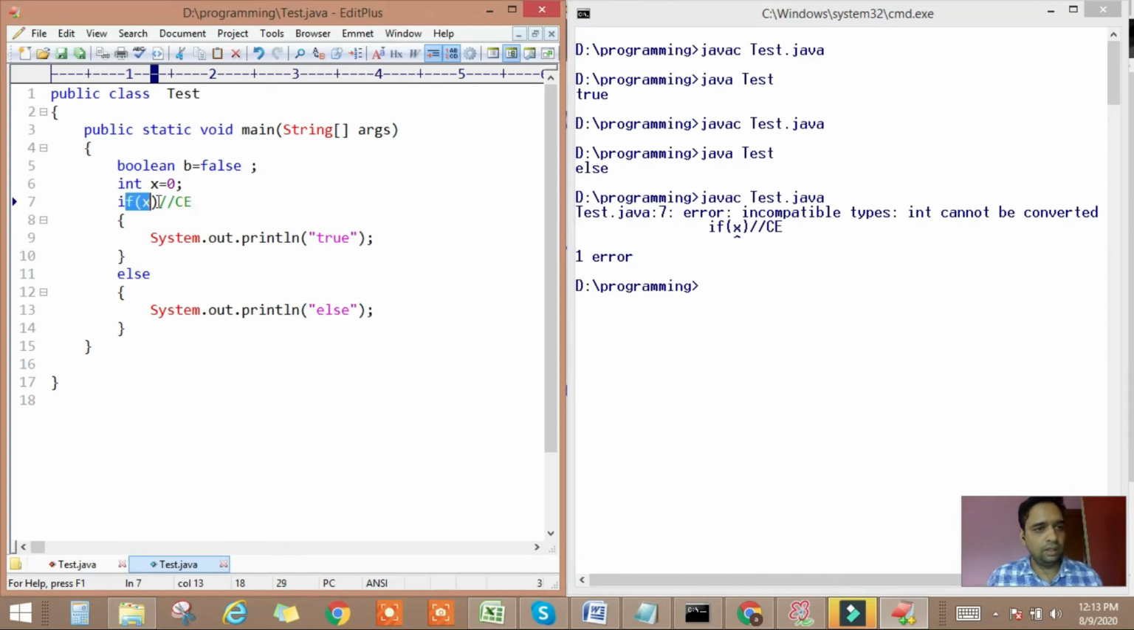So in Java, the argument to the if statement should be of which type? Boolean type. We cannot assign any other type to the if condition. You have to keep in mind that it should be of Boolean type. Now, if x is equal to 0,